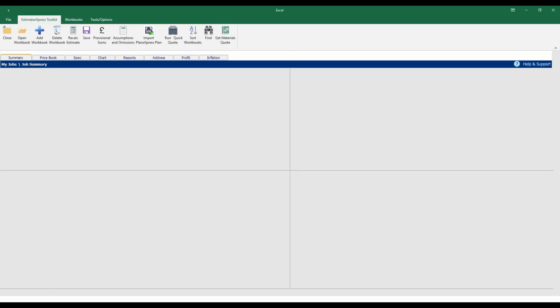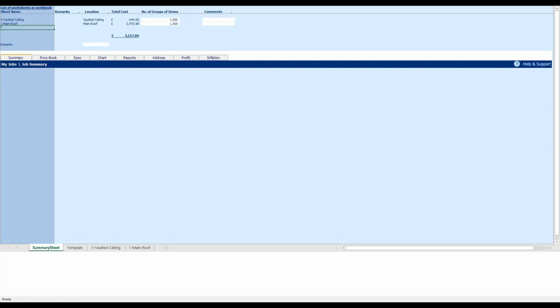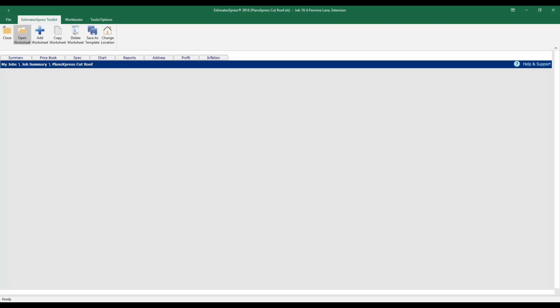Once this workbook opens up, you'll see that there are two separate worksheets, one for the roof and one for the vaulted ceiling. The vaulted ceiling worksheet simply estimates the noggins between the rafters, the plastering and the decoration to the vaulted ceiling. We're going to open up the main roof worksheet. So click on main roof, open the worksheet,